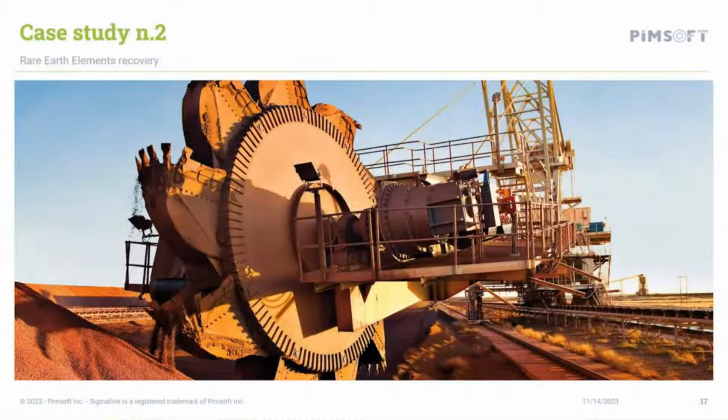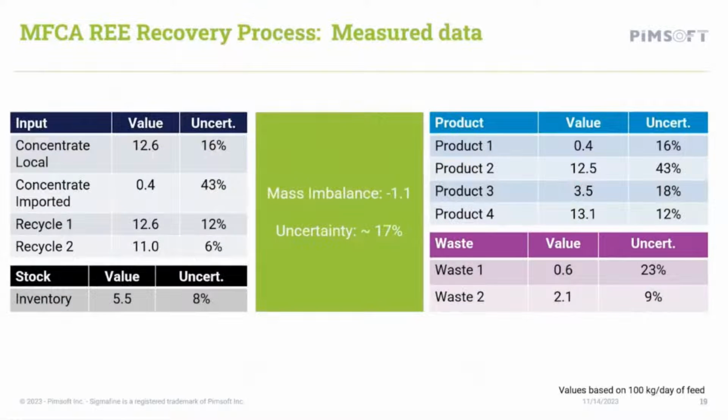Hello, I'm Felicia, and now I will be taking you through this use case, which is related to the recovery of rare earth metals. Here is the raw data regarding the boundaries of the plant. The flow model takes into consideration several quantity centers, which are not shown in this schema, targeting different process units. But pay attention to the overall uncertainty. It is 17% in the overall balance.